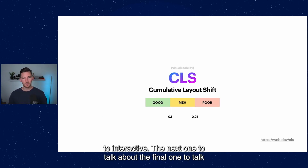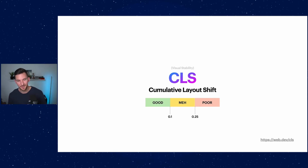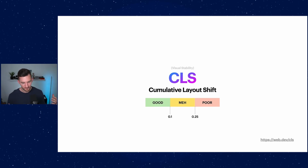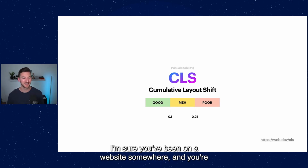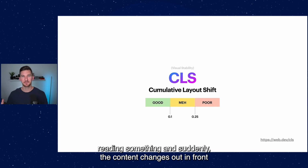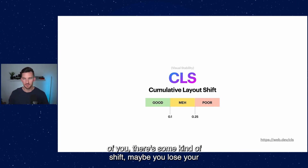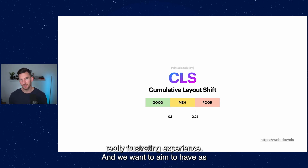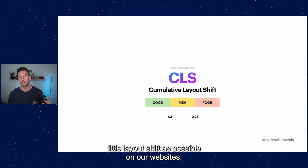The next one to talk about, the final one to talk about, is cumulative layout shift, or visual stability. So I'm sure you've been on a website somewhere and you're reading something and suddenly the content changes out in front of you. There's some kind of shift. Maybe you lose your place or you accidentally click on something. This can be a really frustrating experience, and we want to aim to have as little layout shift as possible